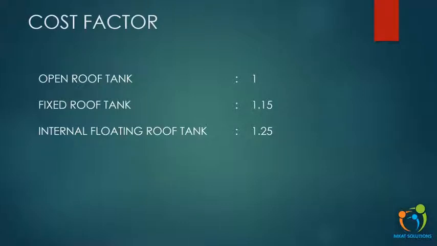So there is always a calculation of how much liquid will be evaporated in a year, what will be the cost of that liquid, and then we compare it with the tank cost. If we go for an open roof tank, how much will it cost, and for the internal floating roof tank, how much additional cost is there, right? Because one is a recurring cost, that evaporation loss will recur over the years, and this is the cost which will be at the start itself.